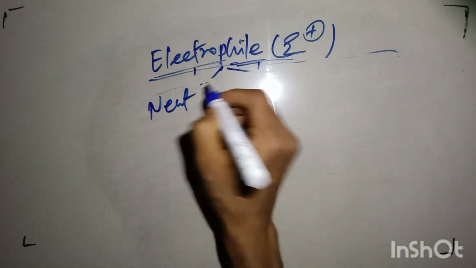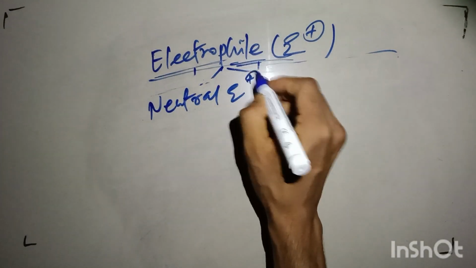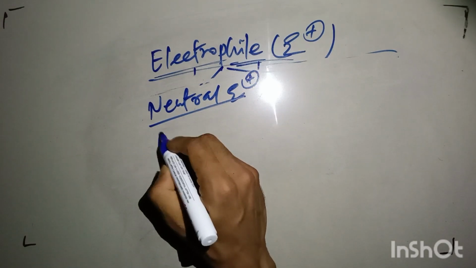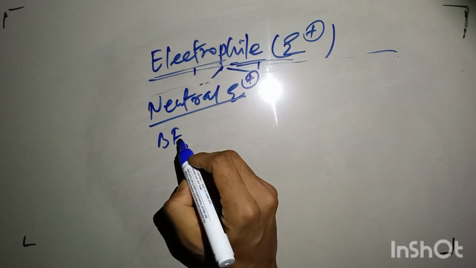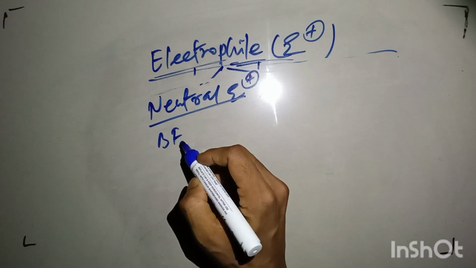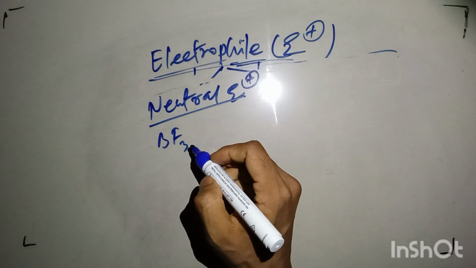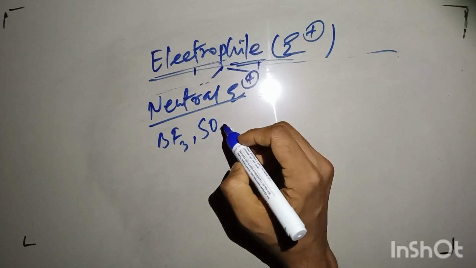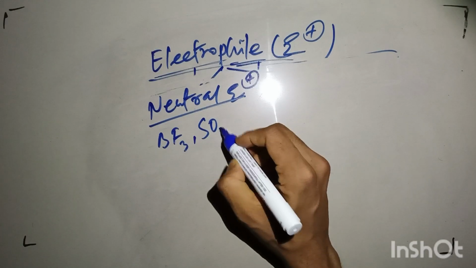Neutral electrophile examples are BF3, AlCl3, BF3. See, fluorine is the highest electronegative atom in the whole periodic table. So it is more electronegative, and more electronegative means it has more tendency to attract the electron. BF3, then SO3, then AlCl3,